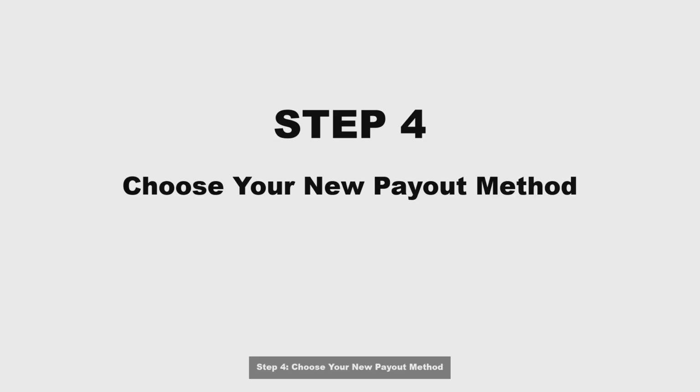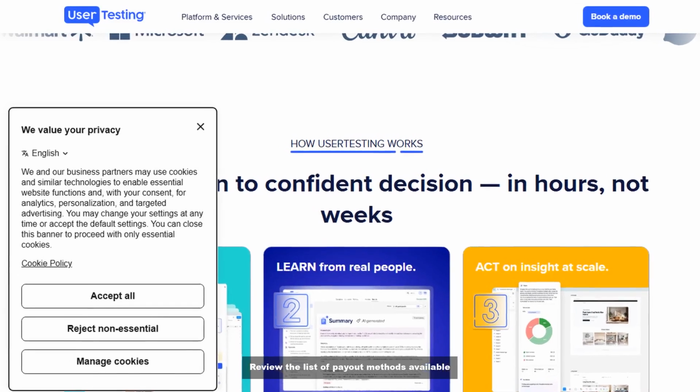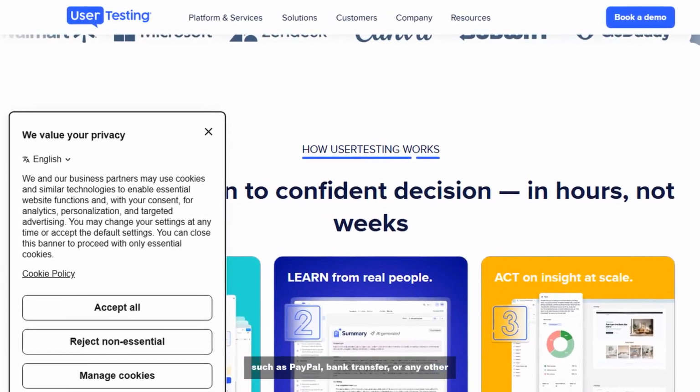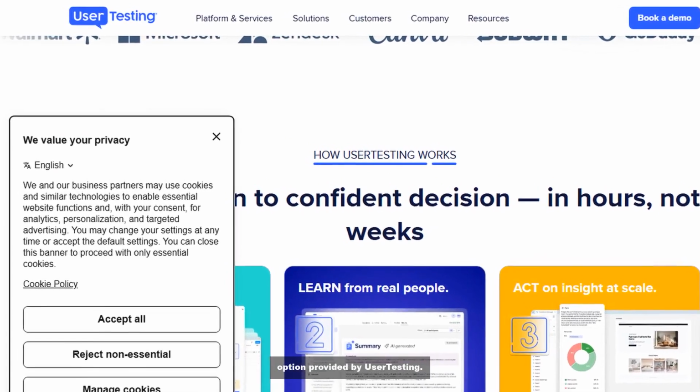Step 4. Choose your new payout method. Review the list of payout methods available to you. Select the one you wish to switch to, such as PayPal, bank transfer, or any other option provided by user